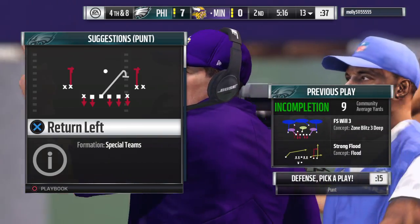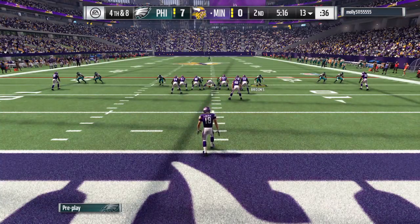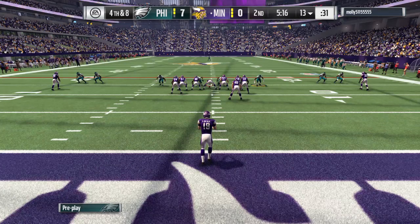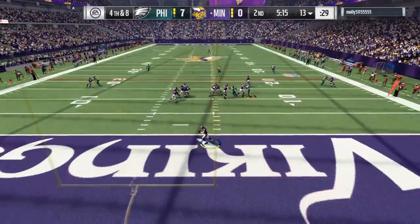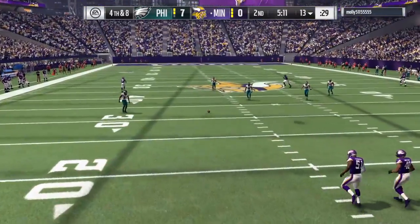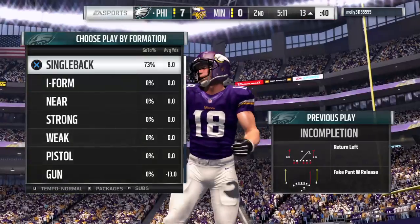We know it's not an easy job to go out and catch passes when people are trying to tackle you and knock the ball away. But the bottom line is, that's a pass he's got to have and a pass he should have caught. And from their own end zone, it's a fake. And this is incomplete. A huge gamble, and it does